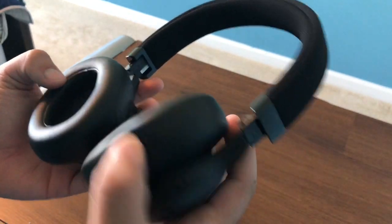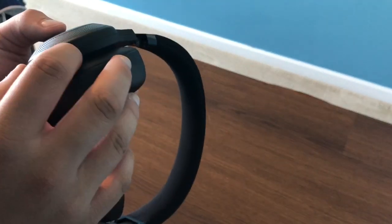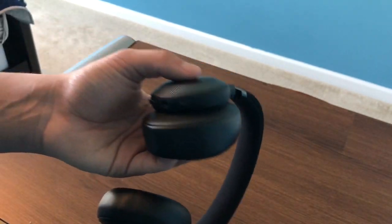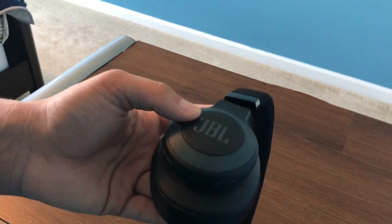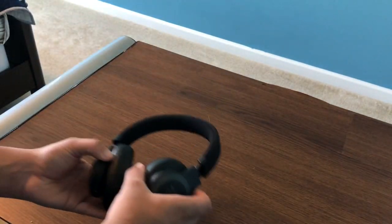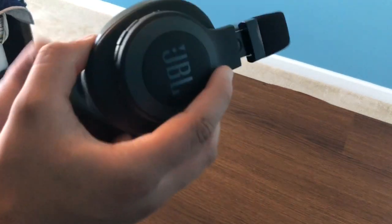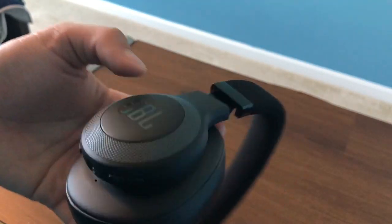So when turning these on, Bluetooth and the ANC is kind of weird. When you turn these on, the ANC makes a bit of a hissing noise, like in the background. It doesn't bother me a whole lot, but I wish that it could be revised. It could be better, as everything that came with this package, but it does its job, and it does cancel